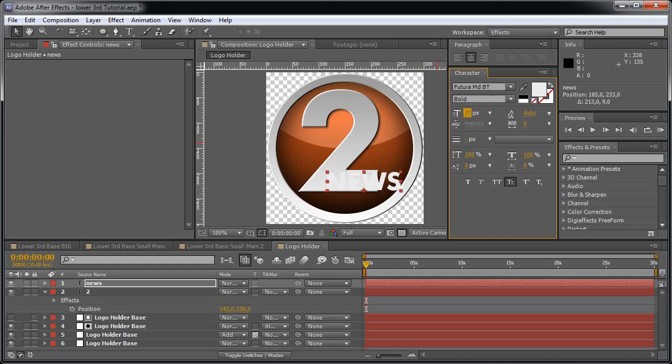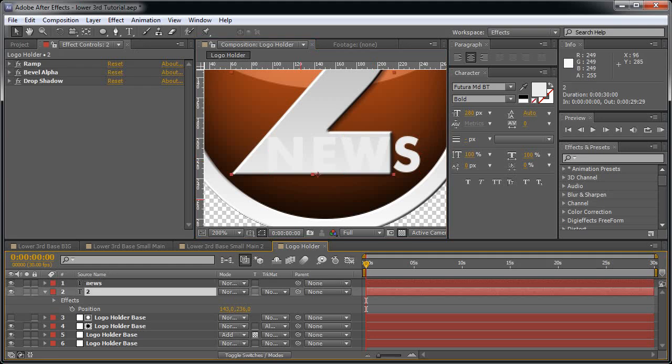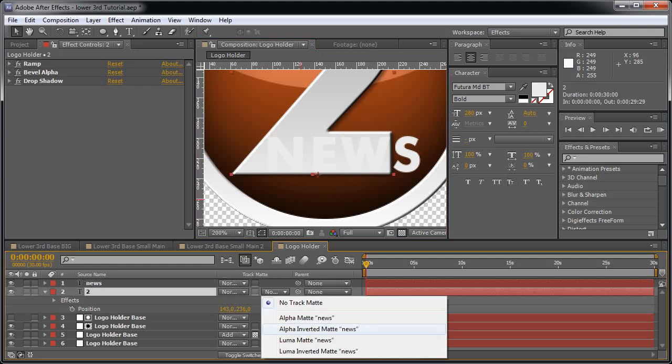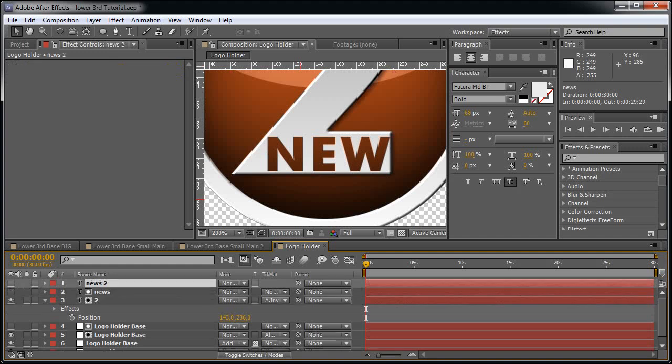So let's keep the size at 70% and increase the spacing by 10 or 25, which is fine, maybe 40 or even 60, which will be fine, and decrease the size to 68, something like that. And let's use this layer as an alpha inverted matte, and let's duplicate it and